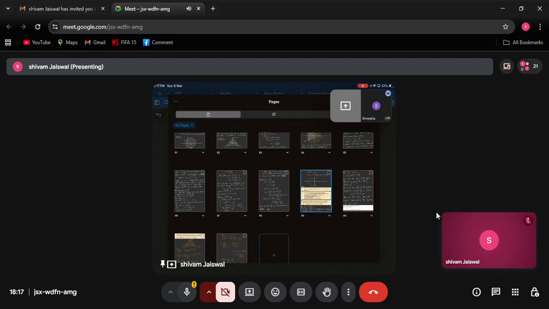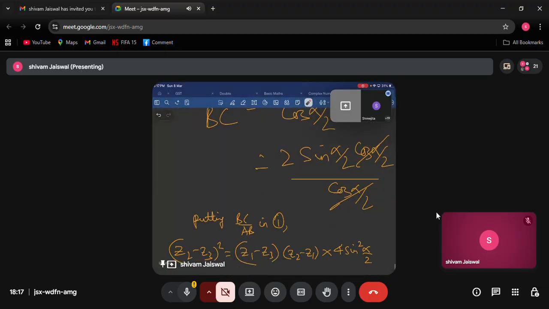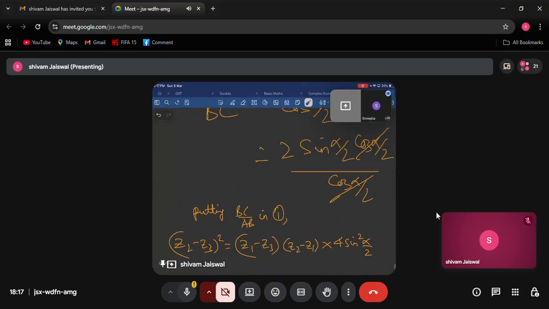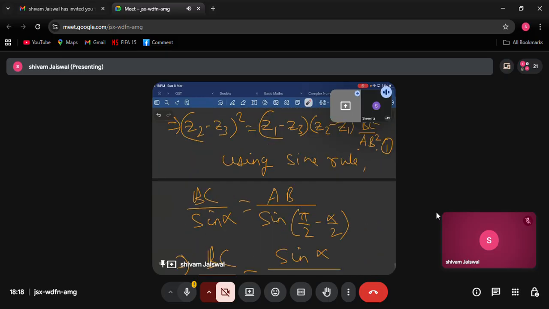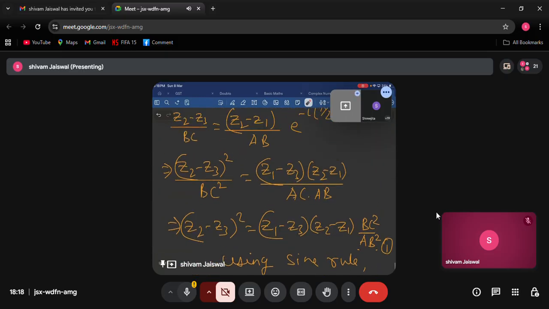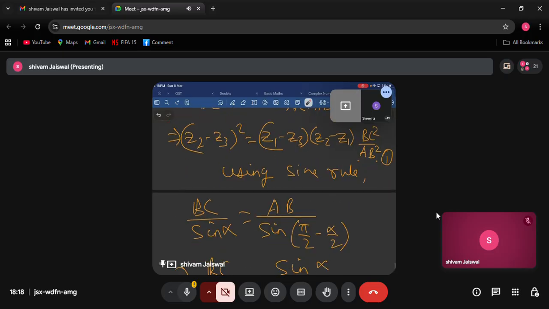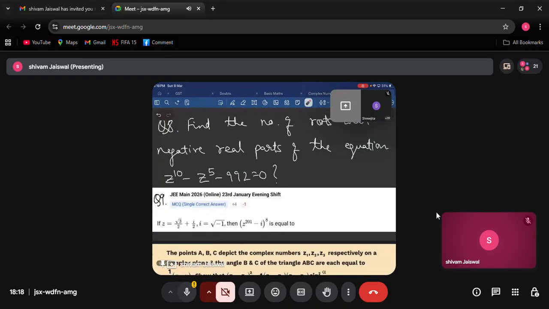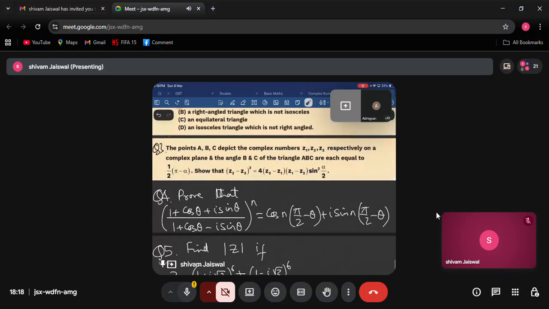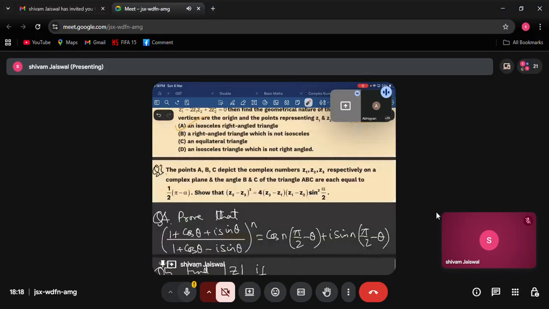Yes, sir. Up to sine alpha by cos alpha by 2, I went there, but I did not convert into sine alpha by 2 cos alpha by 2. Oh, if you had converted, just cancel, you will get it. Because you see in the expression, you have alpha by 2. Right. Yes, sir. Okay. Tell me, others have understood? Abhigyan, is it clear? Tell me. Okay. Yes, yes. Next. Ayusha, did you understand?